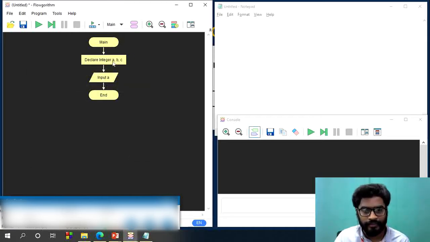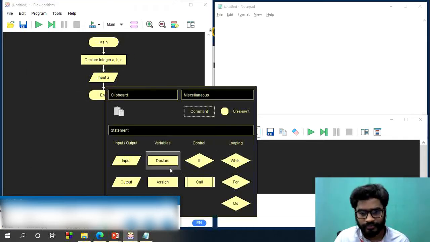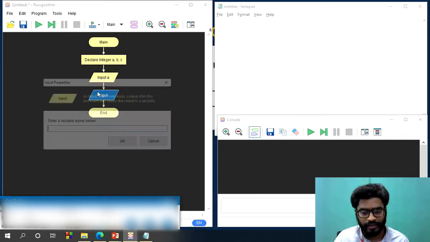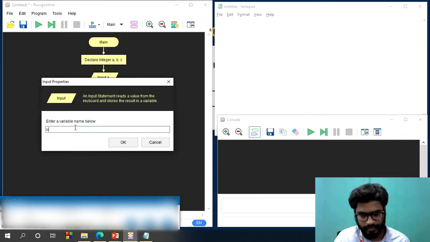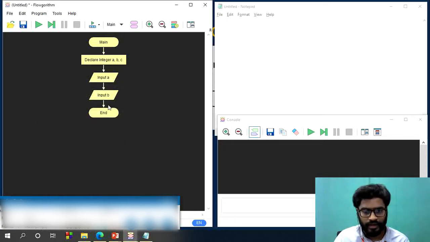Read a value A, and read one more value. You need one more input statement. B is another variable, and read one more input.